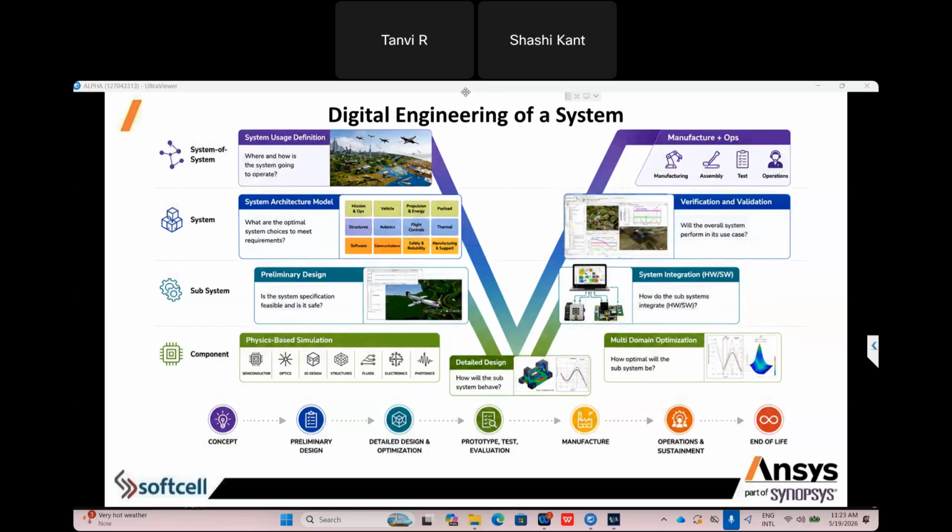Why? The weight of the eVTOL is very high, very heavy. So we need to understand where we can reduce the weight. That type of thing we can do also. You can do it component-wise as structural optimization, aerodynamic optimization, or thermal optimization. You can do them separately, but if you want, we can also combine them to see the response of multiple physics.